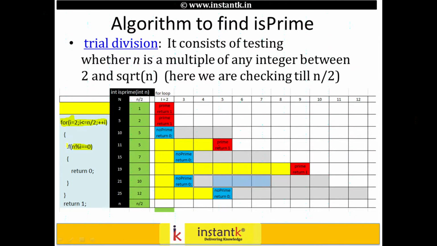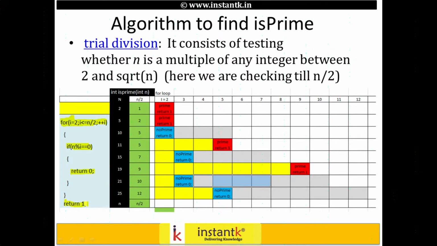If it is divisible, then return 0, don't even check further because you don't need to continue. Say n is 6 or n is 200, 2000, 2 lakh, any big number: if it is divisible by 2, you just return, no need to continue in the for loop. If you traverse the whole for loop from 2 to n by 2 and n modulo i is still not 0, then safely return it as a prime. 1 is prime, 0 is not prime.